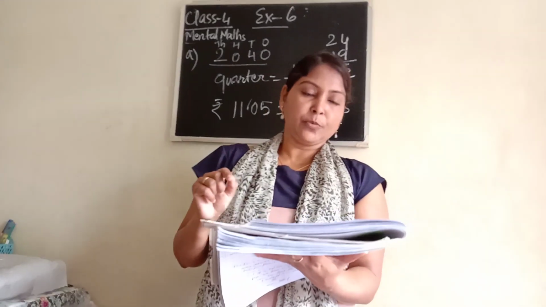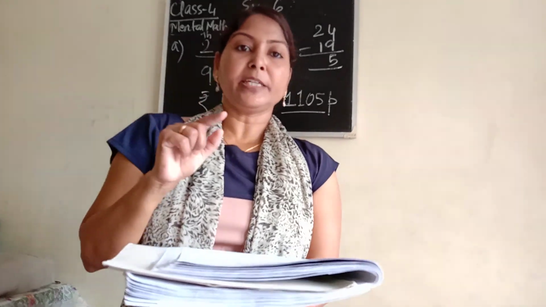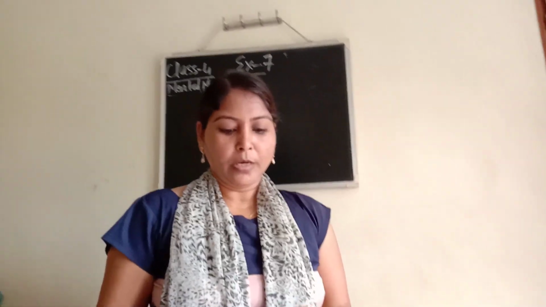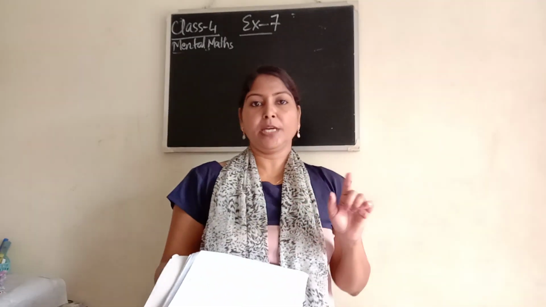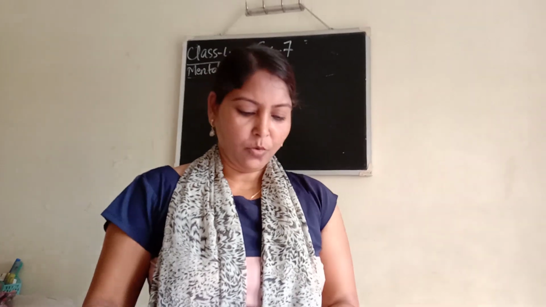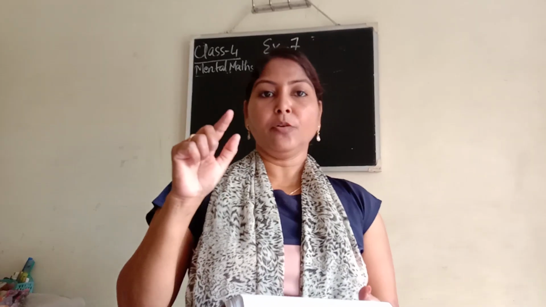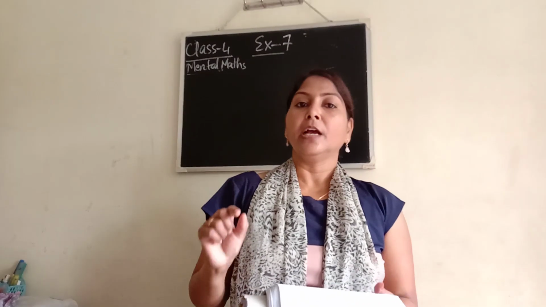Okay. The next one, number C. Number C is from the product of 8 and 14. Product means multiplication. Multiply 14 into 8. What comes 14 into 8? 14 8s are how much? So 14 8s are 112 and you have to subtract 17 from it. Okay. So 112 minus 17, whatever answer comes. Sorry, it is not 15, it is 17. So after you subtract 17 from 112, whatever is your answer, I think the answer will be 95. You can check with it.